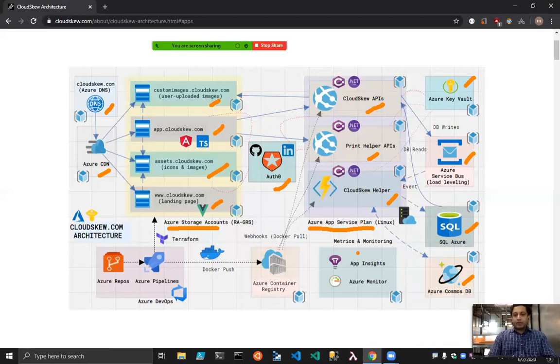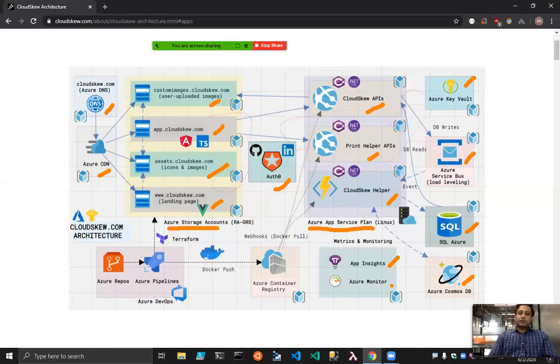Monitoring. Okay, so we use the App Insights SDK in both our front end and back end apps. One of the things we utilize pretty heavily are the App Insights custom events. So let's say you search for an icon and you don't find it in the icon palette. We would like to know about it. So we log a custom event in that case, and then we use Kusto query language to query all those things. For infra monitoring, essentially we use metrics-based monitoring, and then we have Azure Portal dashboards for them.